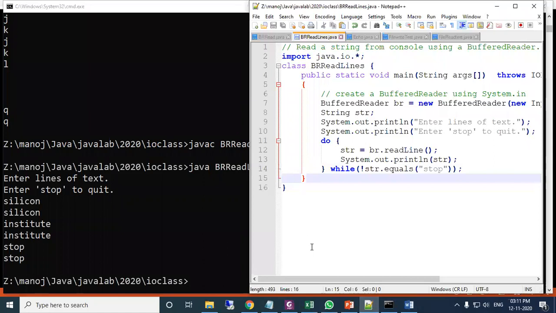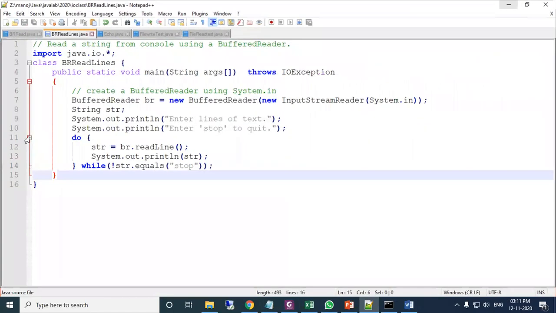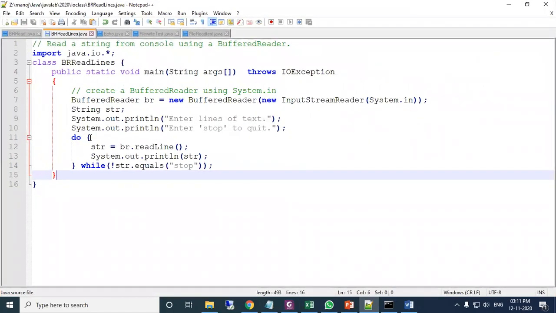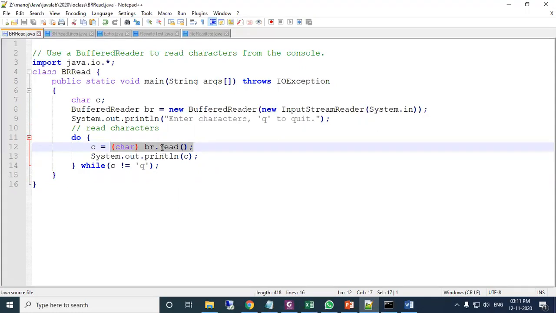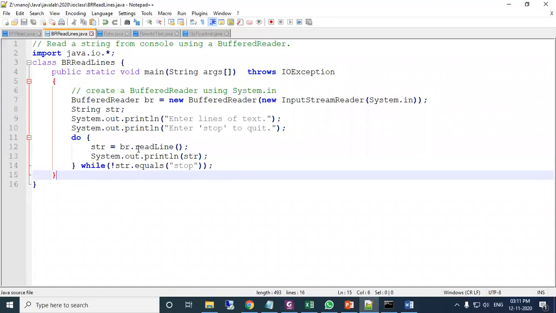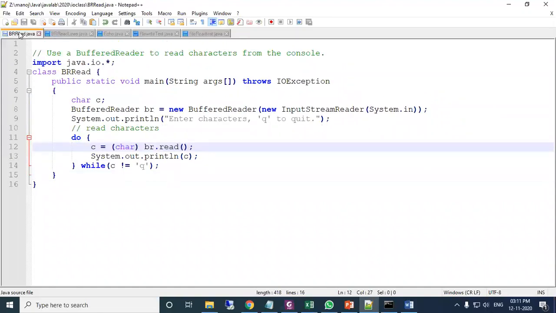So this is about reading data with BufferedReader. BufferedReader is used to read from and write to the buffer. Here we used read to read one character at a time, and readLine to read a line of text.